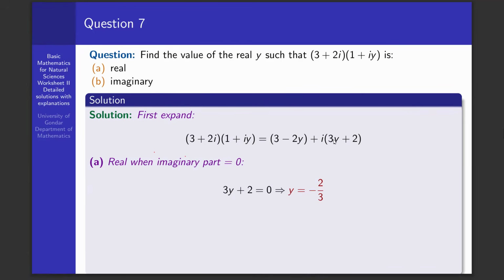Therefore, whenever y is equal to negative 2 over 3, this complex number will be real, or its imaginary part will become 0. To make it purely imaginary, we have to make the real part 0. The real part is 3 minus 2y, so when it is 0, y must be 3 over 2. Therefore, whenever y is equal